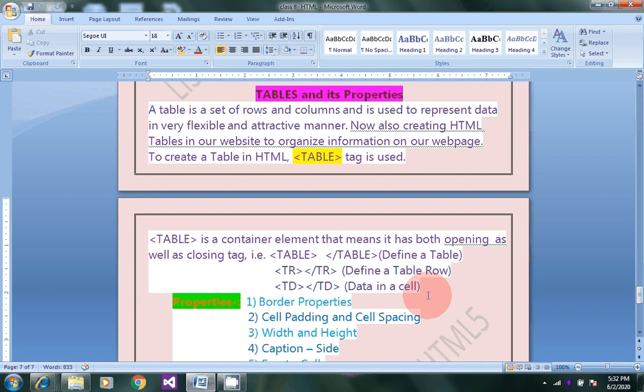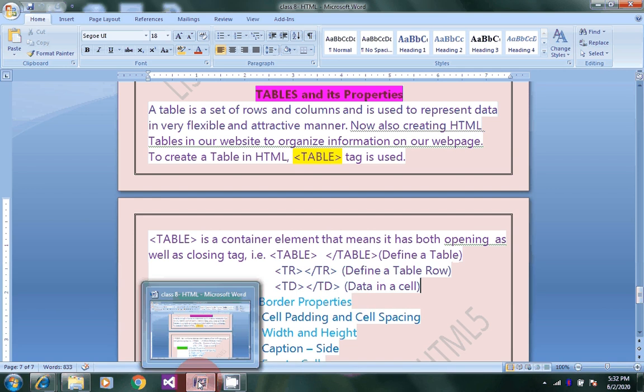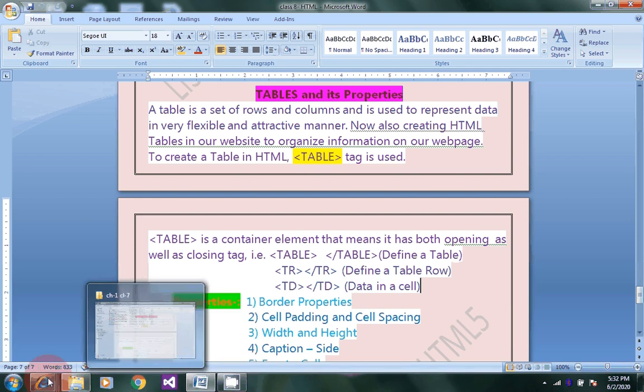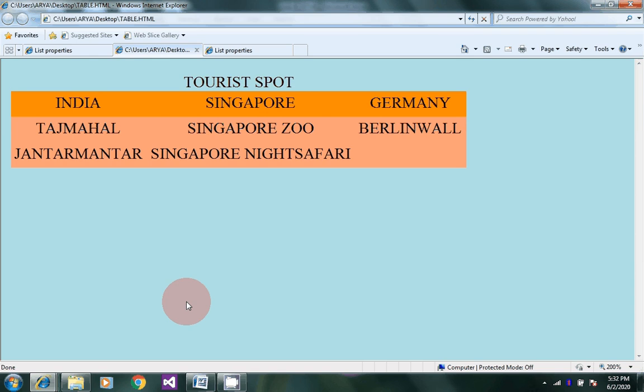So all of you see, this is a table in the HTML coding.